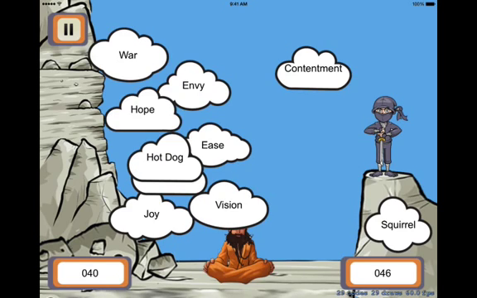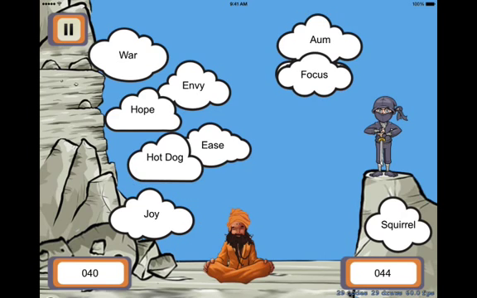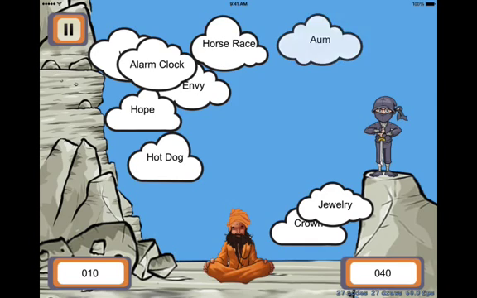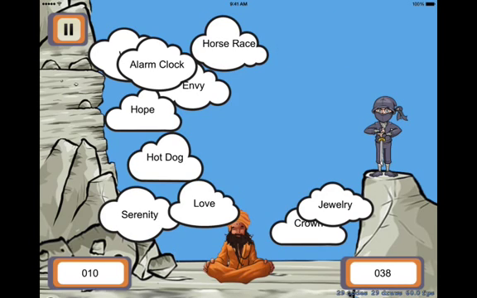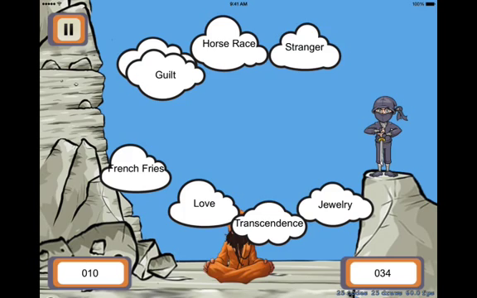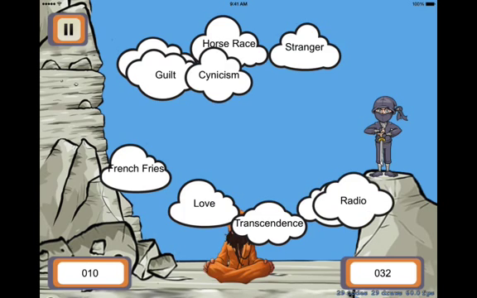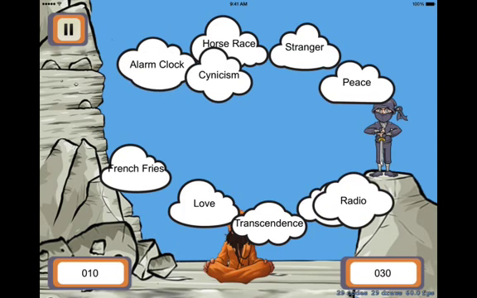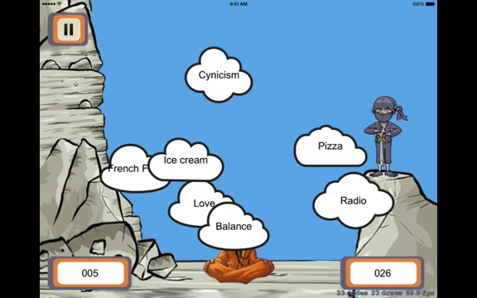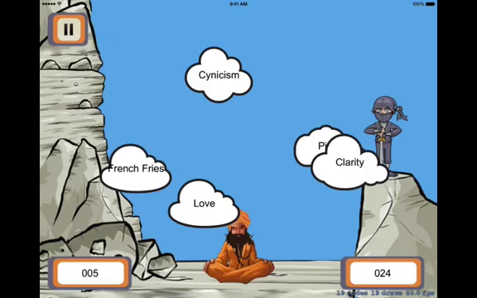But if I get rid of a good thought like contentment or aum or focus, you can see that they fade away more slowly. So that's a different visual cue, because we want the reader to be able to actually read what it is that they inadvertently popped that they shouldn't have. So if I pop the word peace above my ninja there, you can see it fade away slowly.